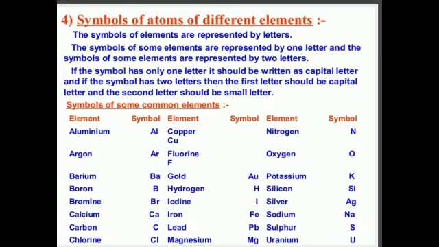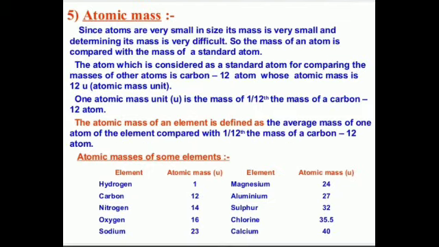Dalton was the first scientist to represent the various elements by definite symbols. After that, different scientists undertook studies, and finally it was decided that the first letter is always a capital and the second letter is small. Okay, and a symbol represents one atom of an element, and it also represents the name of the element. It represents a definite mass of the element, and an atomic symbol saves time and space to write the name.